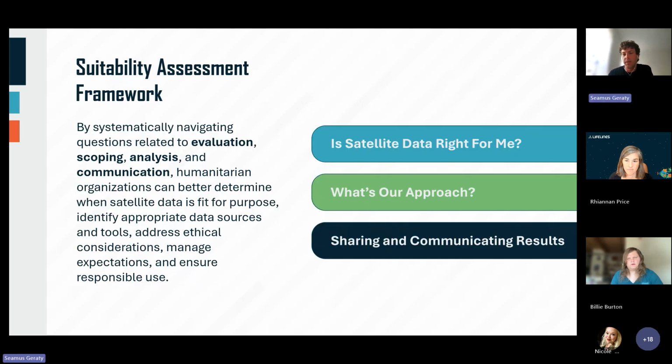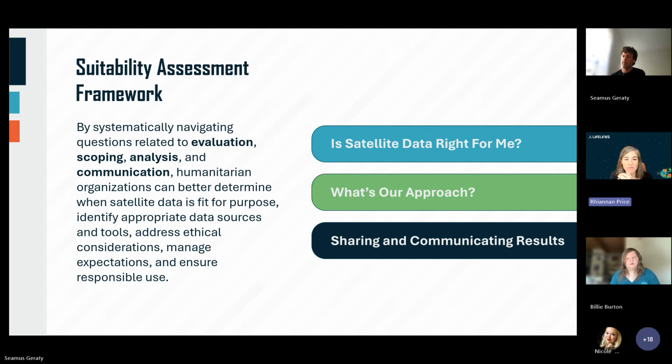And now with that, I'll pass it over to my colleague Rhiannon to speak a little bit to the suitability assessment framework and the bones of a lot of this guide. Over to you, Rhi. Thanks so much, Seamus, and thank you everybody for joining us today. It's really great to see y'all, and I'm really excited to share what we've got here in terms of the